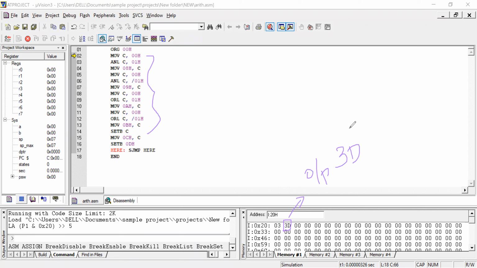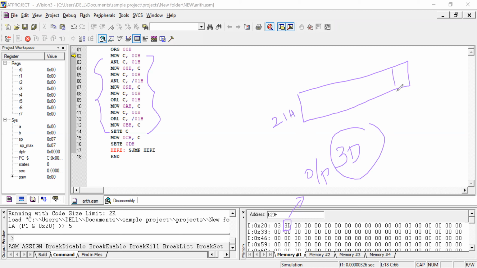That 3D is as far as the 8-bit data is concerned, but in our program we have done some bit level logical operations to enable certain bits in the location 31H.